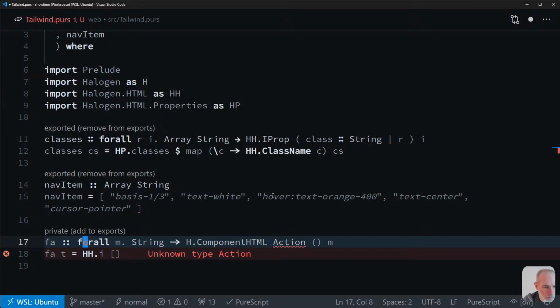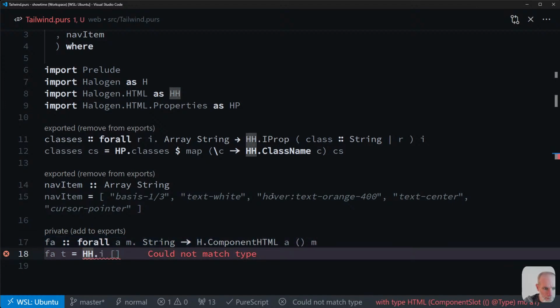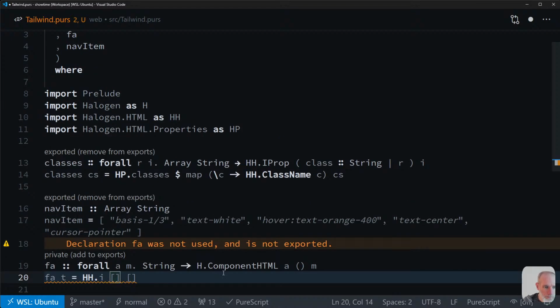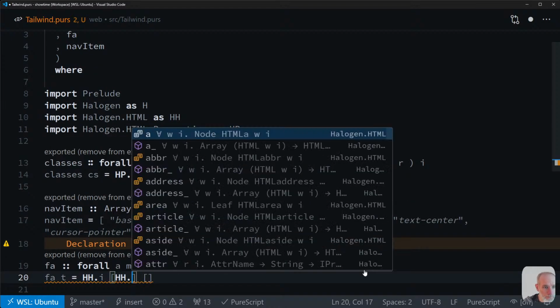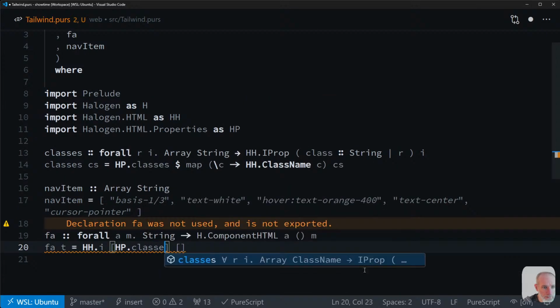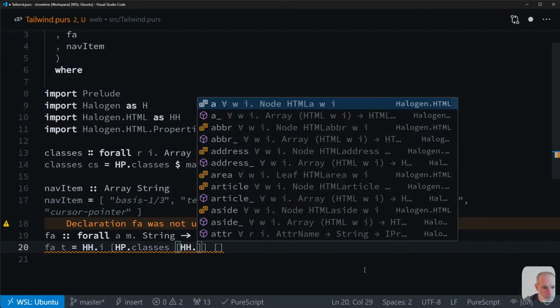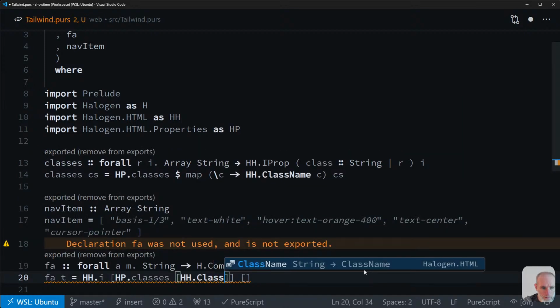So can we say forall a m and not care what this a is? Let's find out. Yeah, kind of. Oops. Okay, and then we can export this. So in here we want some classes. So it's going to be hp.classes and then hh.className,